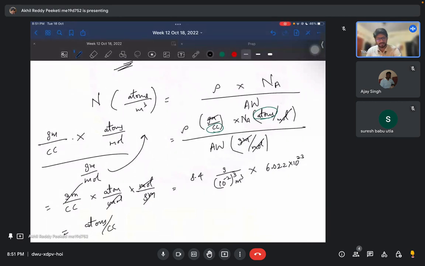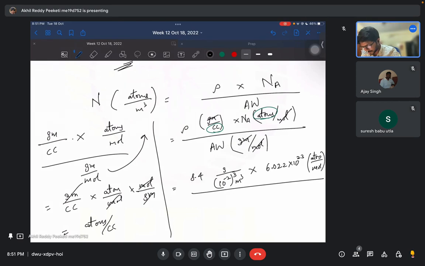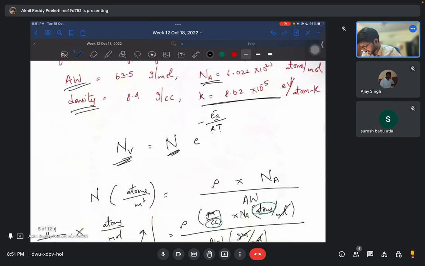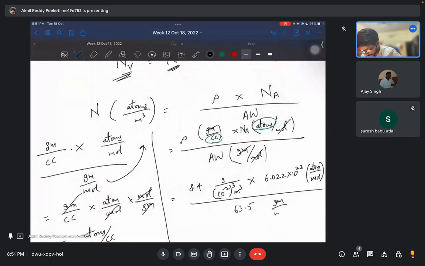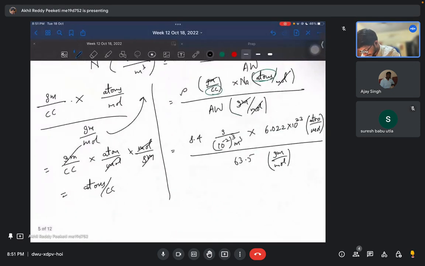Because we want it in meter cube, we are converting. In questions like this, if you put the units in, you might make fewer numerical errors. So that's a good habit to have. Now this is atoms per mole, and atomic weight is given as 63.5 grams per mole. So this way 8.4 into,